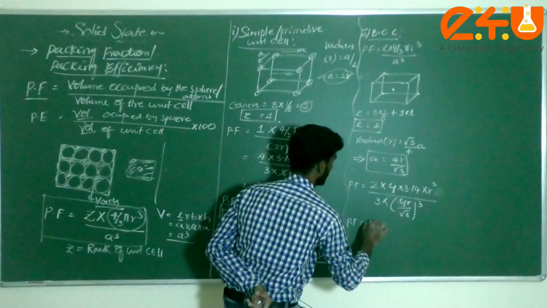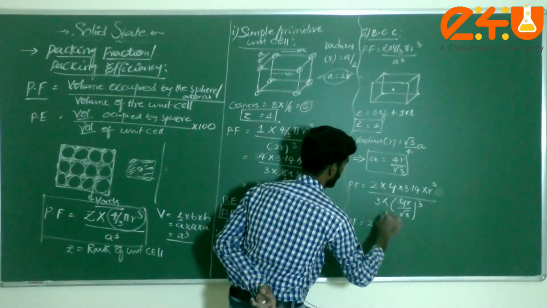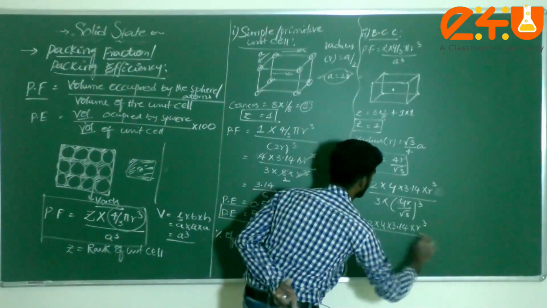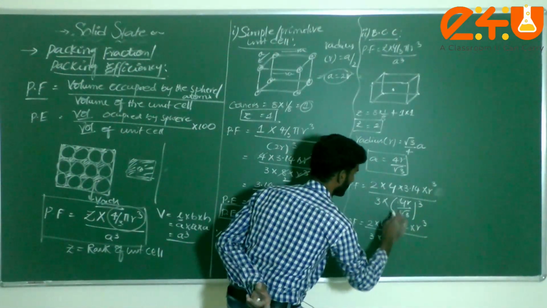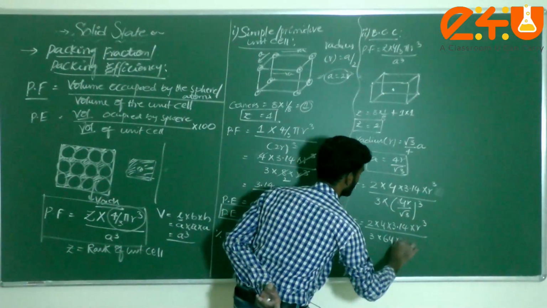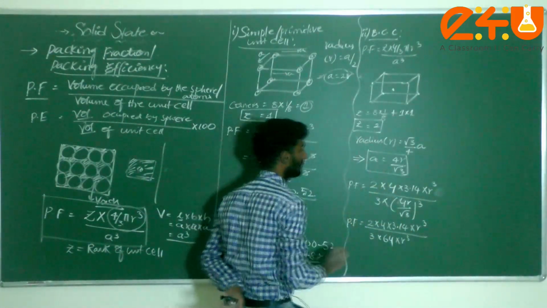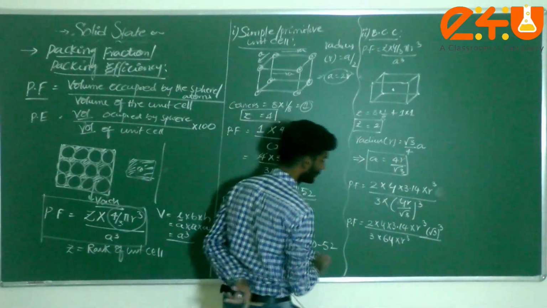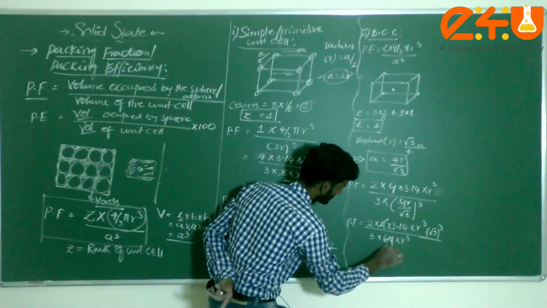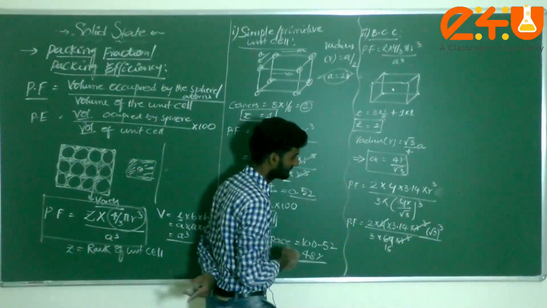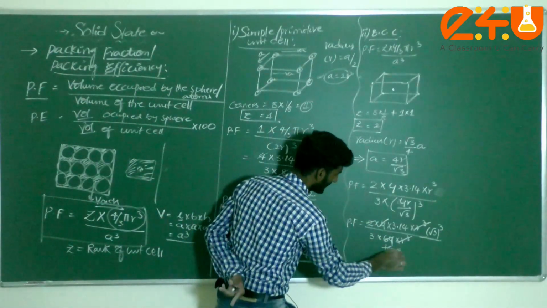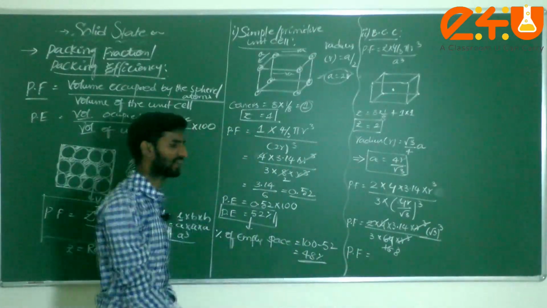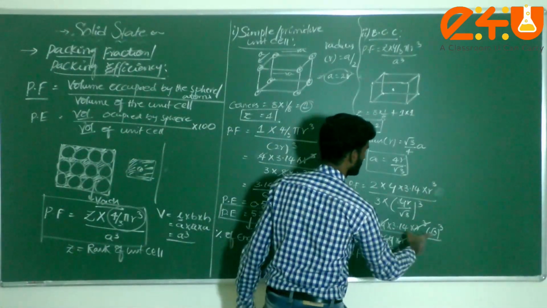That implies packing fraction is equal to 2 into 4 into 3.14 into r cube divided by 3 into, what will happen here, students? 64 into r cube. The root 3 is there, so it will go into the denominator. What will come? Root 3 whole cube. Then here 4, how many times? 16 times cancel. R cube is cancelled. Next one, here 2, how many times? 8 times is cancelled. That implies the packing fraction is equal to 3.14 into root 3 into root 3